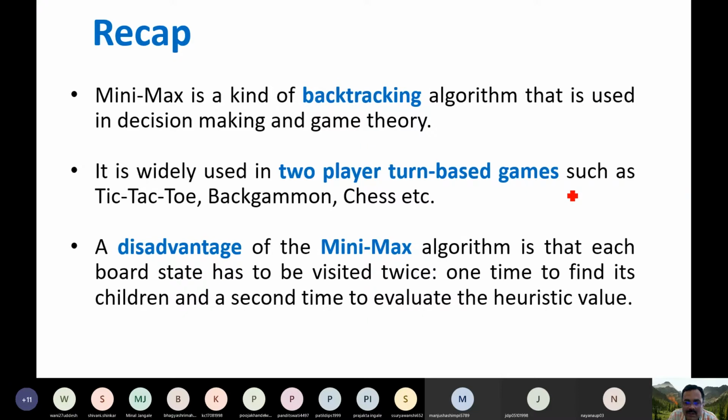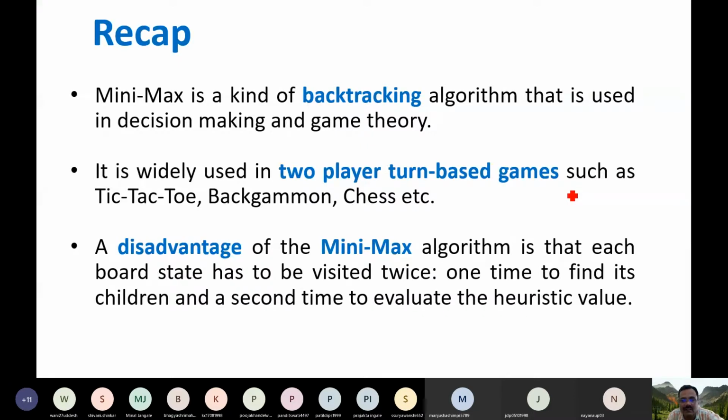So the maximizer tries to maximize the benefit and the minimizer tries to minimize the loss. That's what we have seen, and at the end I told you the disadvantage of this algorithm is